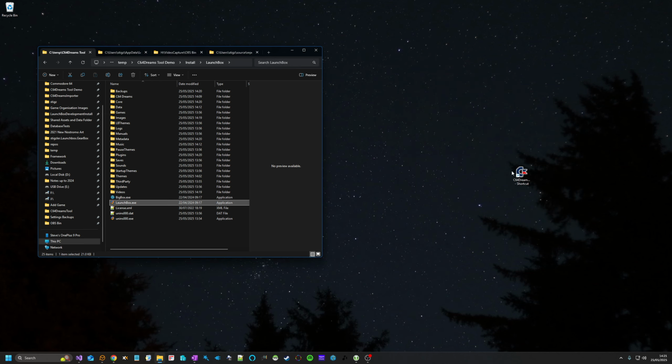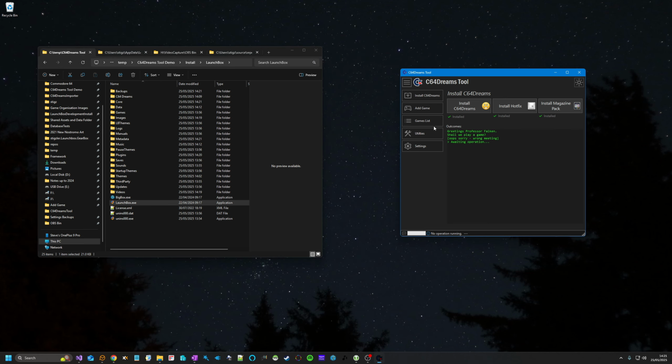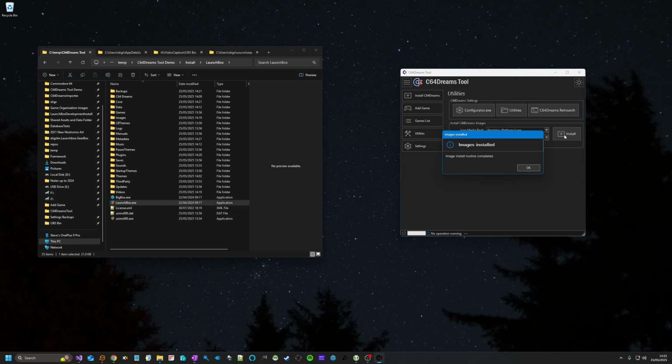Now you need to restart the app just for it to register those media packs. And there we go. So we've got nostalgic platform icons. You get a choice here, but we're using the light color logos. Make sure you install it to the media pack you're using. It's always wise to do a backup just in case, and then click install. So that's done. And now if we run Launchbox first,